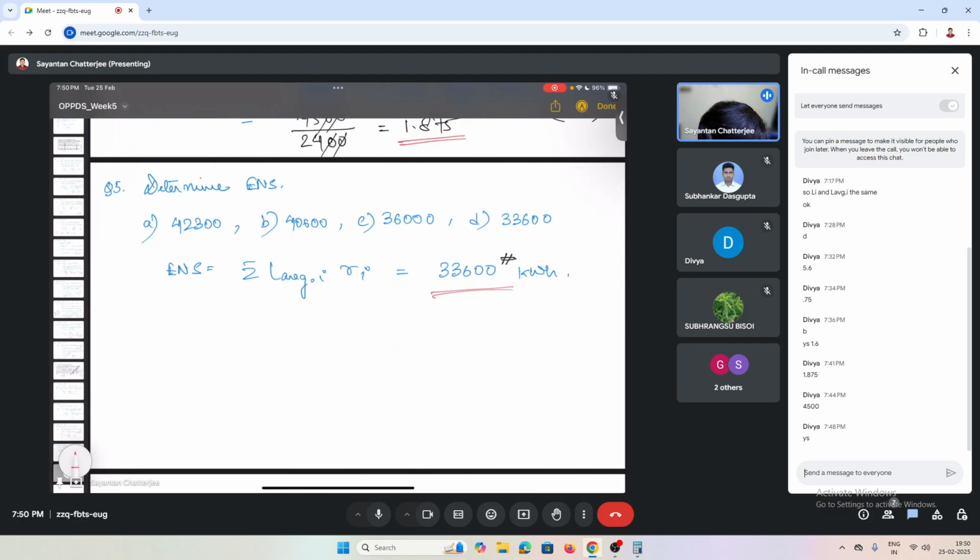Next question is AENS. Determine AENS, average energy not supplied. The options are A 21.15, B 5.6, C 6.04, and D 13.82. So average energy not supplied is given as energy not supplied in the numerator divided by